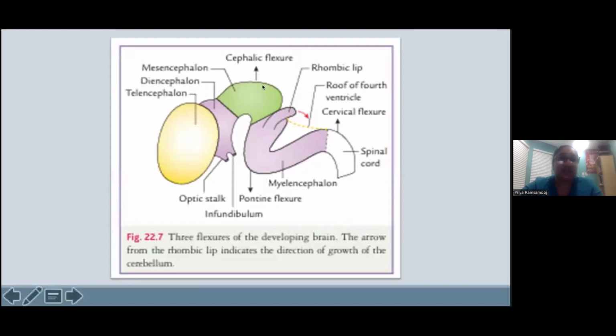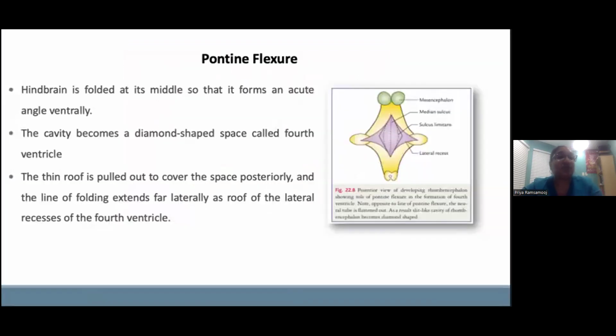If we notice, the cephalic flexure and the cervical flexure are concave ventrally, whereas the pontine flexure exhibits a ventral convexity. The cervical flexure makes a 90-degree bend between the hindbrain and the spinal cord, which causes the brain to be oriented almost at a 90-degree angle to the spinal cord. I should mention the pontine flexure as well. The hindbrain becomes folded at the middle so that it forms an acute angle ventrally. And then this cavity becomes a diamond-shaped space, as we can see in this diagram,